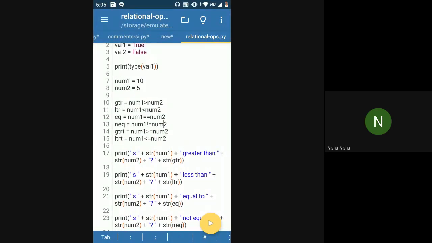If you have any questions, you can ask. If you did not understand any relational operator, this is called a relational operator because it gives you a relation between two values. You can also call it a comparison operator, because it compares the value of two numbers.